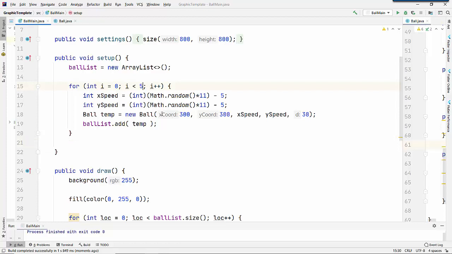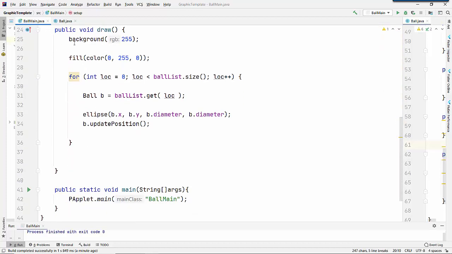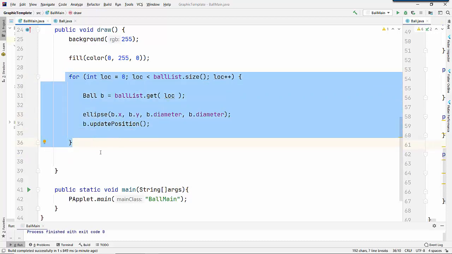But now here's the magic. If we were to make this 50 instead of 5, now I'm looping 50 times, and so it's going to create 50 objects. And we're adding each object to the list. So now my list should be 50 objects long. And that's where I create it. What happens down in draw? Down inside draw, I'm still looping over every single object in the list, only now there's 50 of them. And I get each object out, and I tell each one, let's draw an ellipse where you are, and let's update your position. So I'm still doing the same things I used to be doing, only now this same code works for all 50 all at the same time,